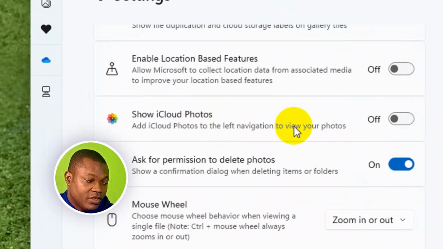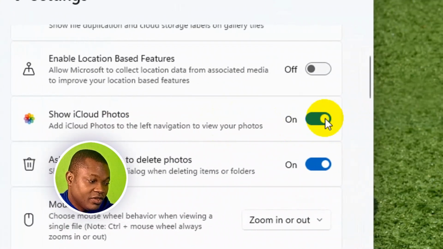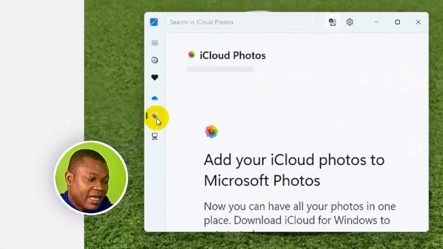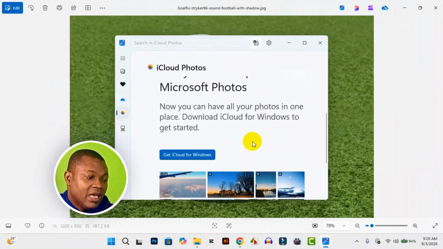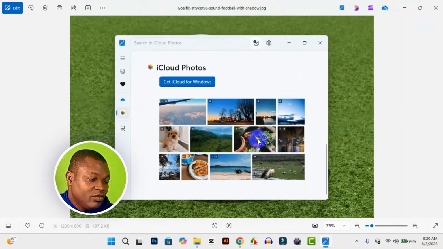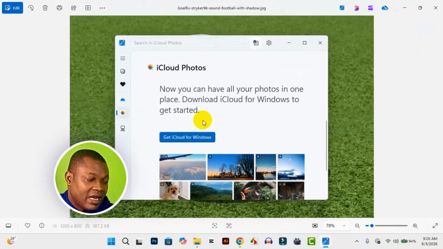Make sure you turn this on, and then the next thing you want to do is to navigate to the sidebar right here, click on this icon, and it's going to take you to iCloud right here, just like what you see. Add your iCloud photos to Microsoft Photos right here. You can see how it's going to look like. Next thing you want to do is to click on Get iCloud for Windows, and it's going